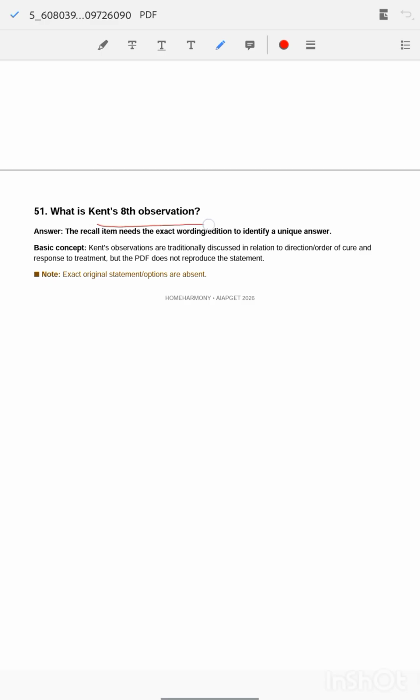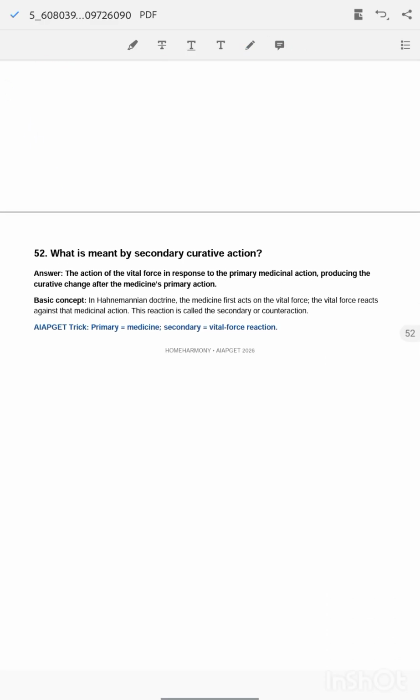What is Kent's observation? What is meant by secondary curative action? The action of vital force in response to primary medicinal action, producing the curative